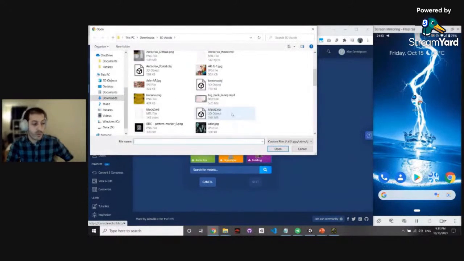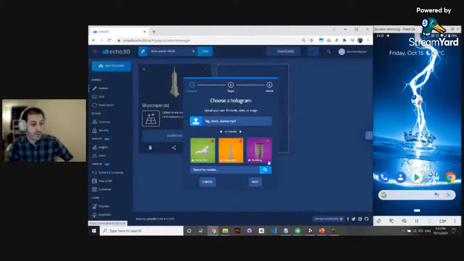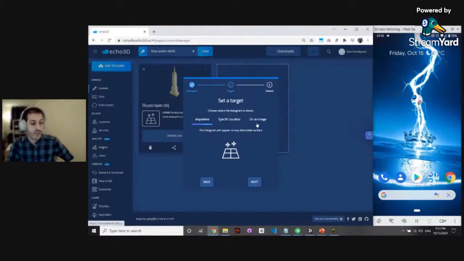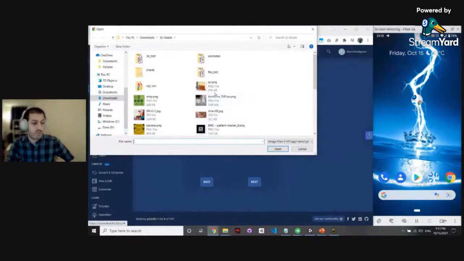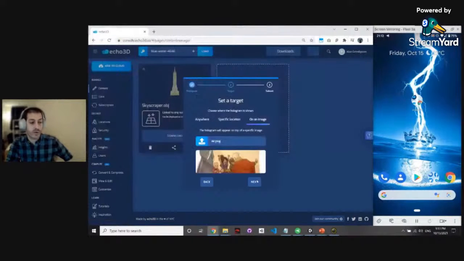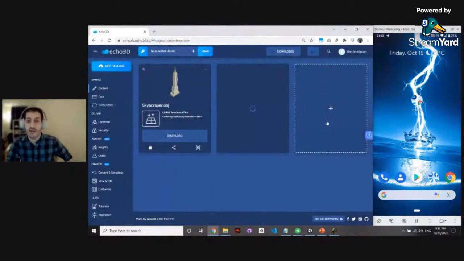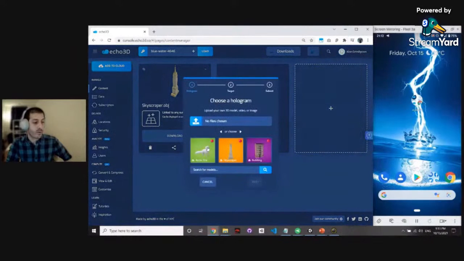So if you don't have a 3D model, and you don't want to use one of the collections, you can literally upload just a video. And now, instead of choosing anywhere, I'm going to choose an image. So I'm choosing just a PNG, the regular image that I want to use as a target, so that when the camera sees it, it will overlay it with the video. So let's do that. Uploading to our cloud, same process as we had earlier. Maybe in the meantime, I'll also upload another model